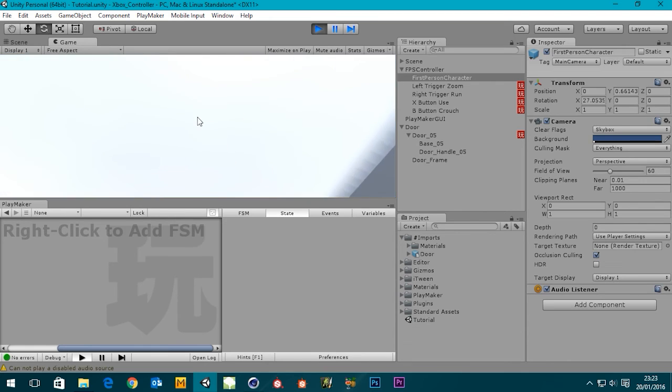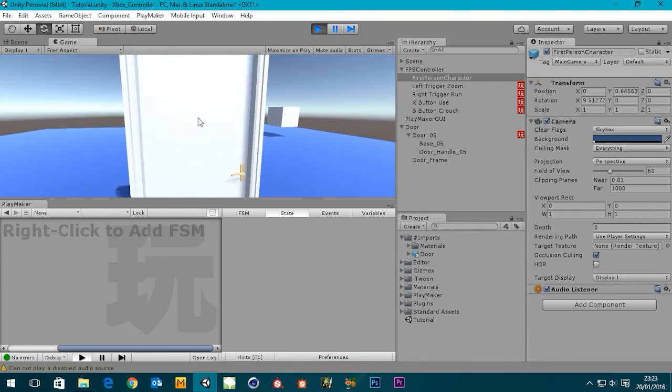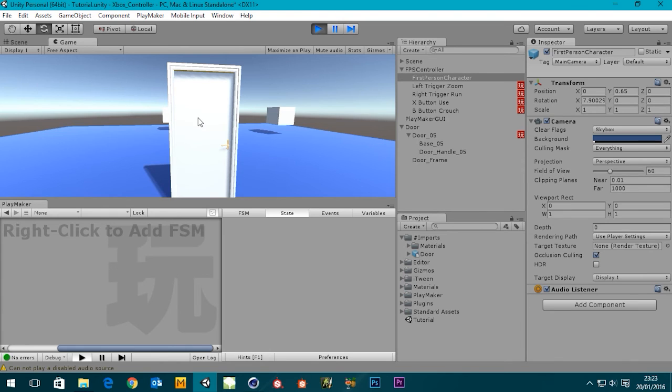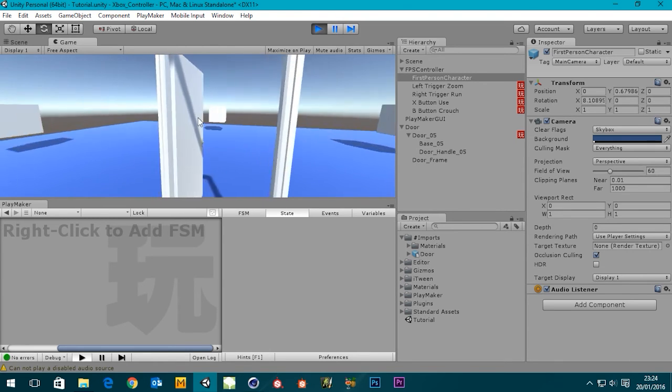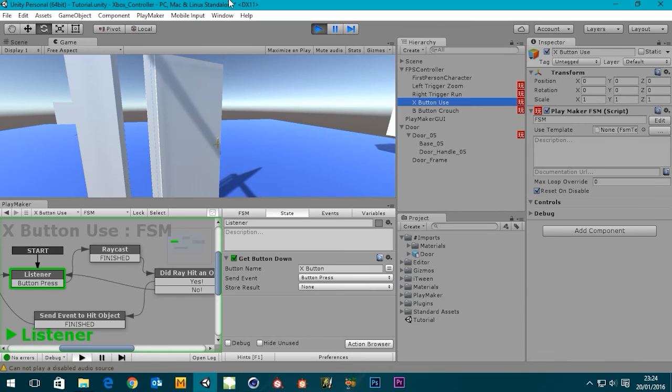Okay, so there we go. You can get butt up against it now, it doesn't matter. Right, so I'll go up to the door. In fact, let's get back here. If I'm hitting X now, the door's not opening because the ray's only been cast 1.5 centimeters. But as I get nearer, there you go. It opens up. I'm just going to make sure that we've got our X button use selected so you can